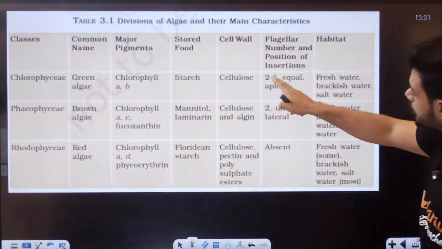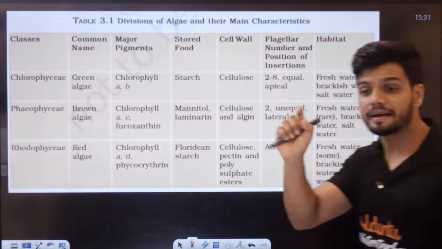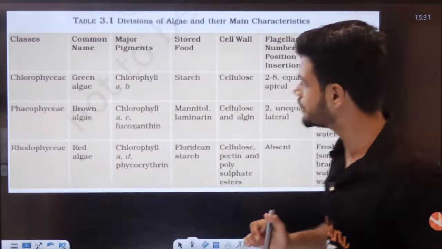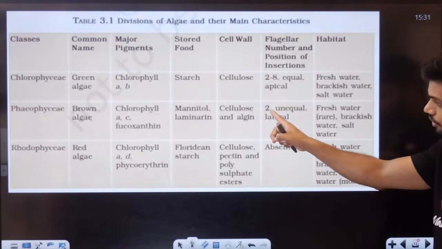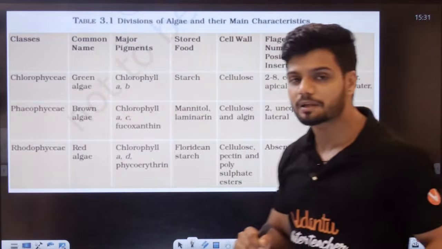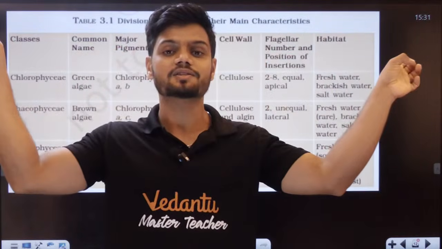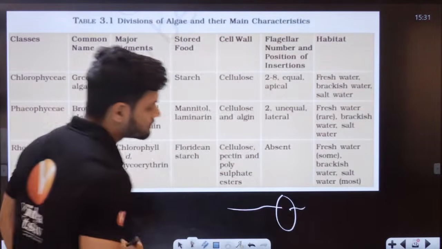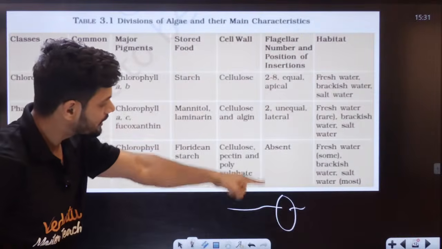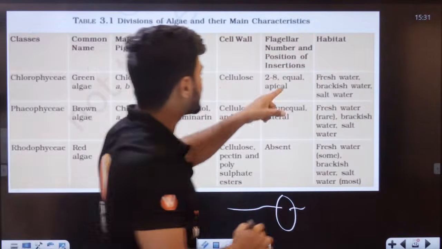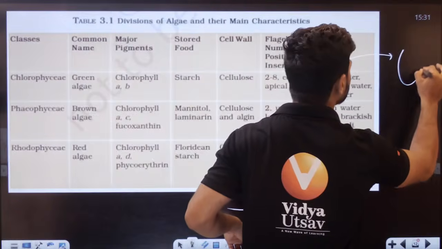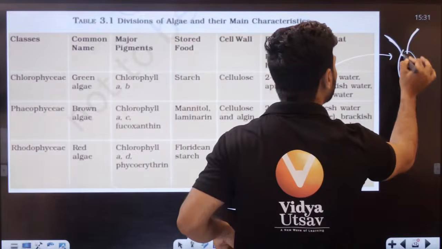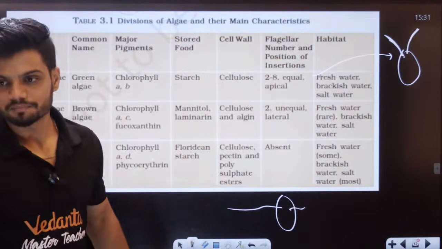यहां पर देख रहे हो आप 2 to 8 इक्वल एपिकल। एपिकल माने क्या? एपिकल माने आगे से आएगा फ्लैजेला। फियोफाइसी में क्या आ रहा है? 2 अनइक्वल लैटरल। इसका मतलब फ्लैजेला साइड से आएगा। अगर दिस इज द गैमेट हियर, फ्लैजेला विल बी अनइक्वल, अनइक्वल लैटरल एंड 2. ये वाला कैसे बनेगा? एपिकल यहां से बनेगा, इक्वल एंड एपिकल बनेगा। ठीक है।